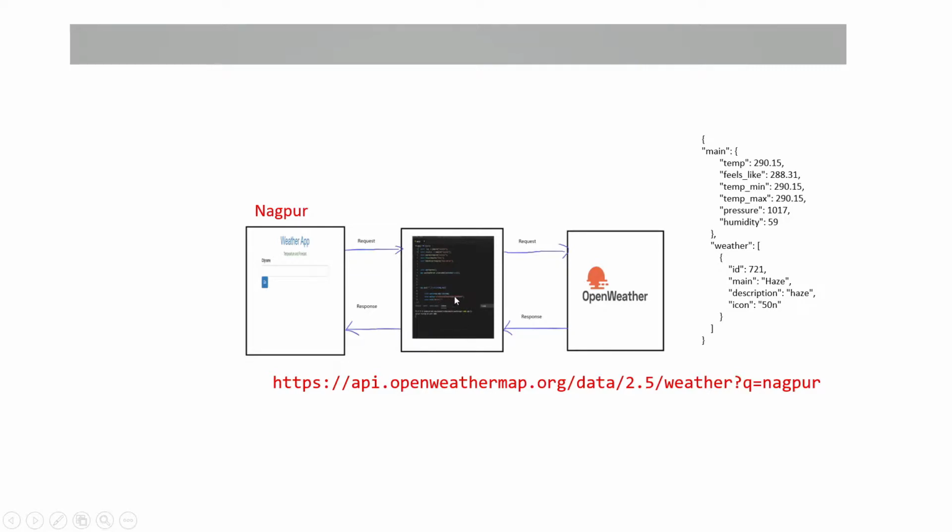So we have written a script in order to parse through that response and get hold of whatever is needed, like temperature, description, and those. And after getting this response, we will parse through this JSON data, and again, after getting the relevant piece of information, we will return that response to our client side. So client can see what is the temperature and the description. So this is the high level overview of our web application, weather web application.